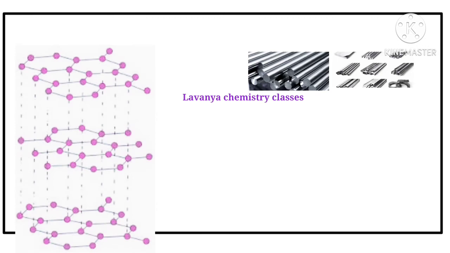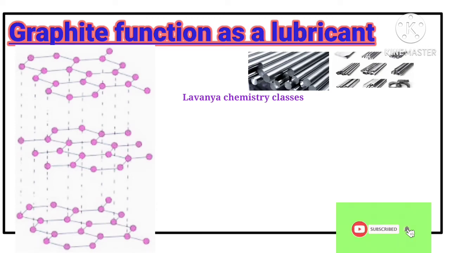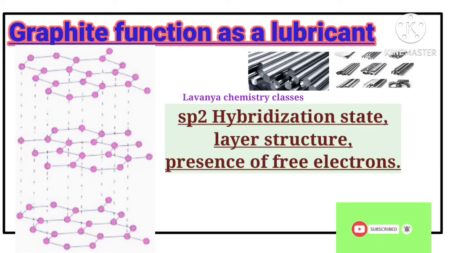Now graphite. How does graphite occur? Graphite occurs in nature and can also be obtained from coke. In graphite, out of 4 valence electrons, only 3 form covalent bonds, that means sp2 hybridized orbitals, with 3 other carbon atoms. This forms hexagonal rings as sheets of atomic thickness. Sheets means the hexagonal rings, layers of atomic thickness.